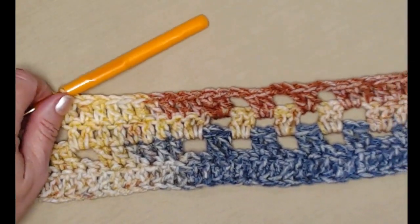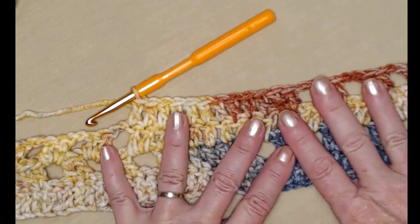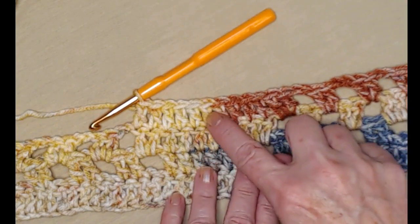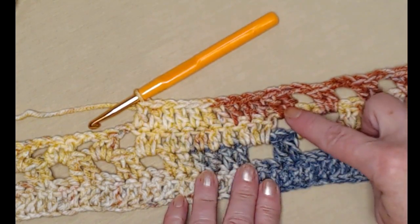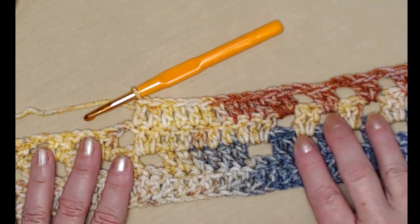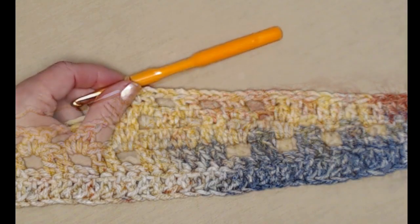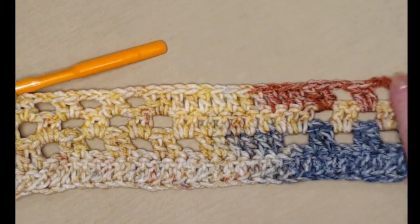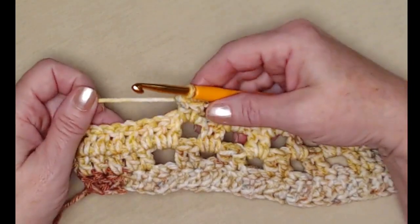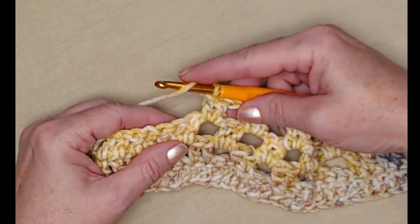All right, so now we have 1 less chain 2 space because we only have 3, and then we have the 2 here, 1, 2, 3, 4, 5, 6, 7, 8, 9, 10, 11, 12, and we're going to do this repeat across our row just like we did on the previous row, only we have 1 less chain 2 space. So you've repeated across. We only have 3 chain 2 spaces. Here's our end. Here's our last 2 double crochets in that third of the 3 chain 2 spaces, and then